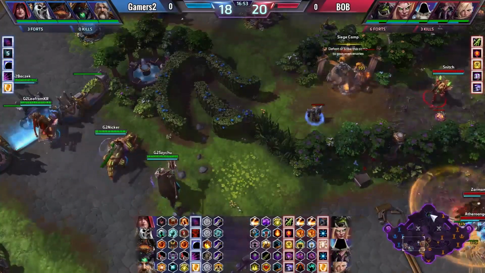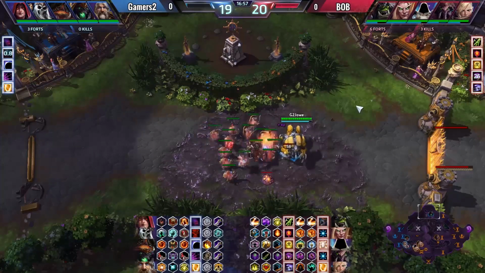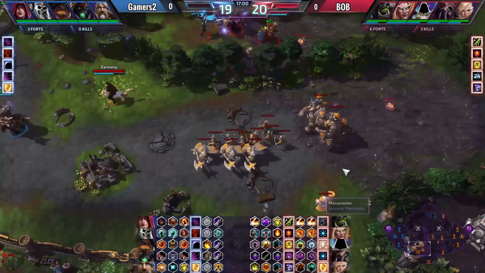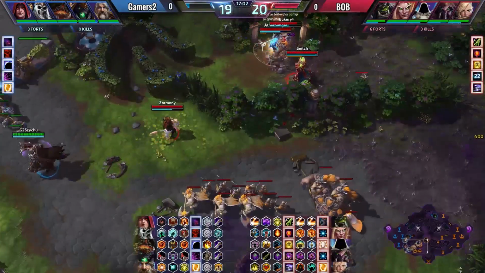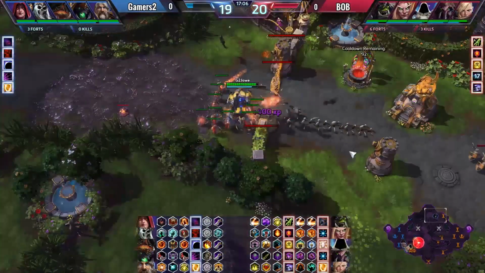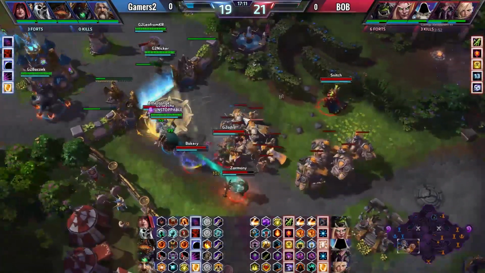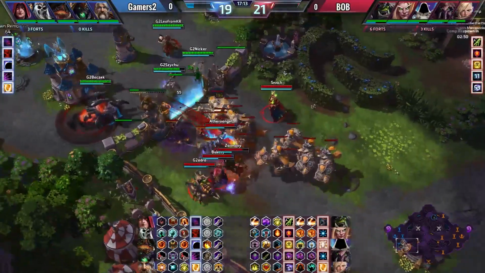Top lane, that's where we're seeing a split push from Juve, not only to take down the wall, but he wants experience, and they need it badly, because the bot lane is being pressured now by 3 camps. There's the 3rd one that they currently take. This is an amazing push, as Anubarak has to move down to the bot lane, and he has to do it fast, and there it is, because this is insane pressure. 4 siege giants, and also